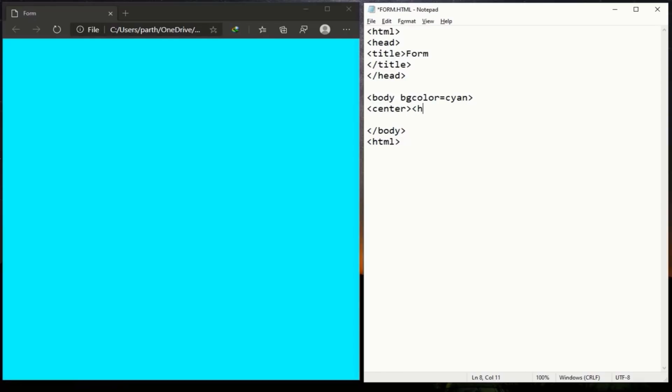First, we create a heading for the text registration form with center alignment. After that, declare the form element, and inside the form element write first name. Then start the input tag.